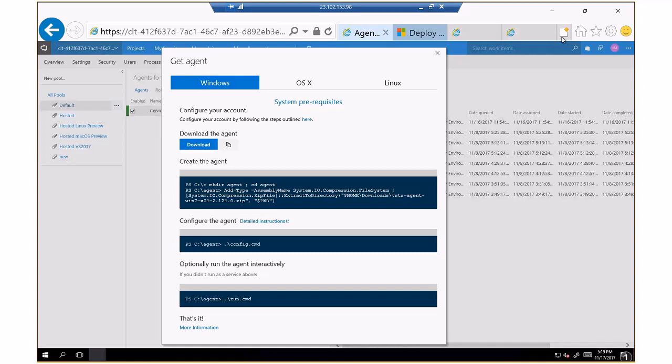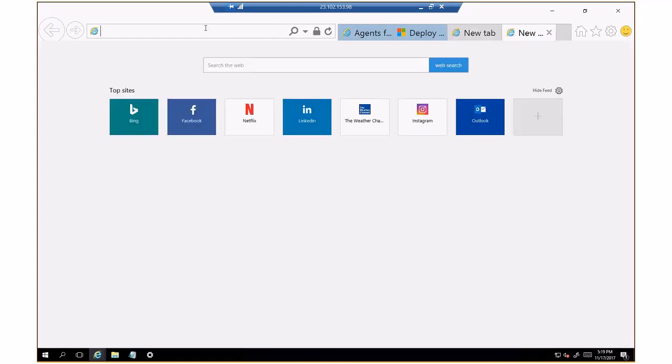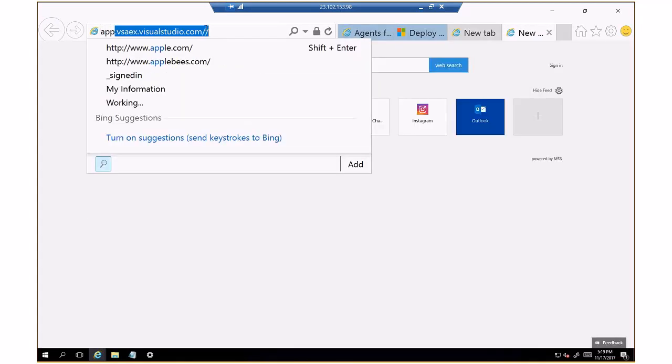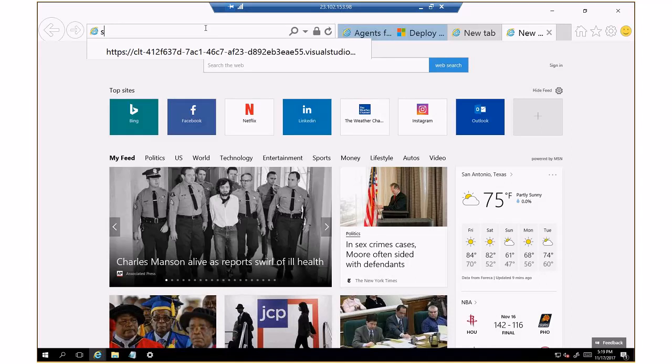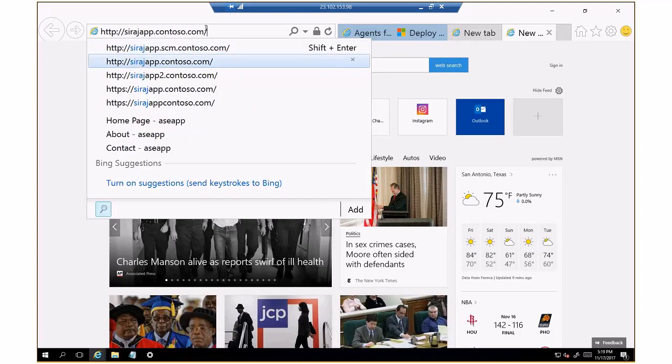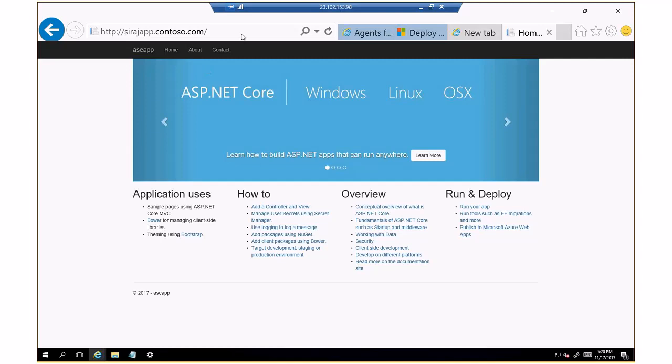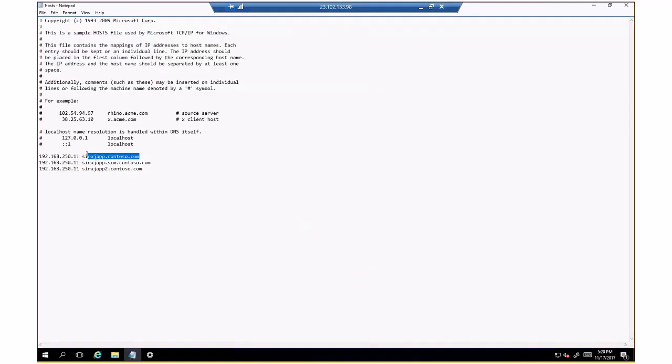And now if I go from this VNet, I should be able to access sirajapp.contoso.com. Now I'll show you the whole workflow, but I can access it here because I have added these entry points in my host file. So you can see sirajapp.contoso.com is added, pointing to my ILB